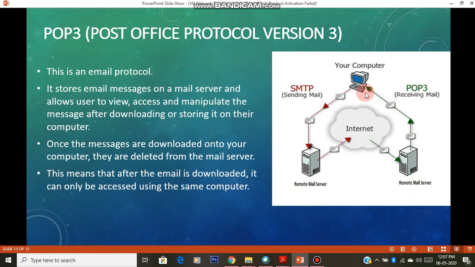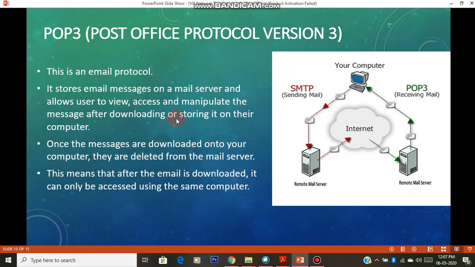You can't access your mail from any other computer. For example, nowadays you can access your mail through the phone, or through the computer, or if you log into your Gmail or any email ID on some other laptop, you can access your mails, but that doesn't work here in POP3.